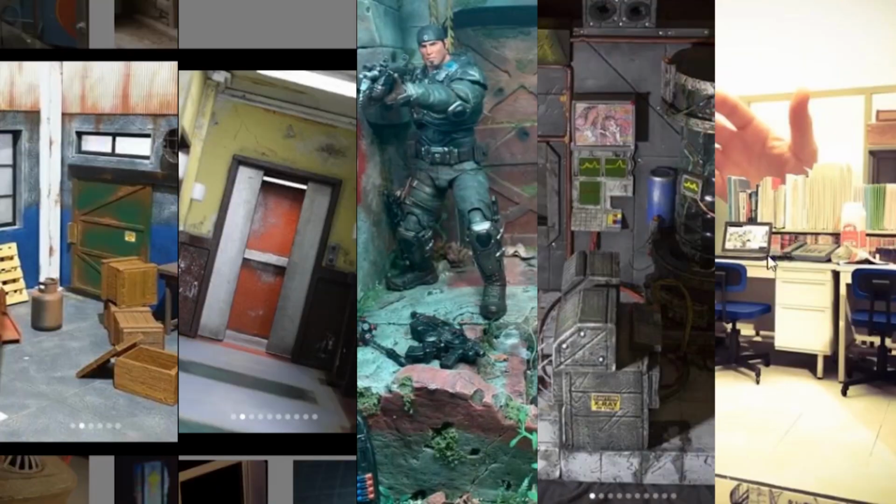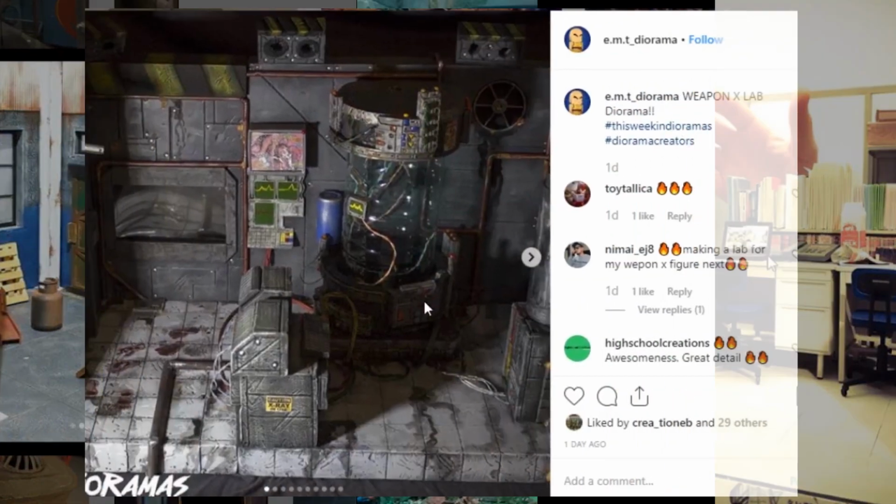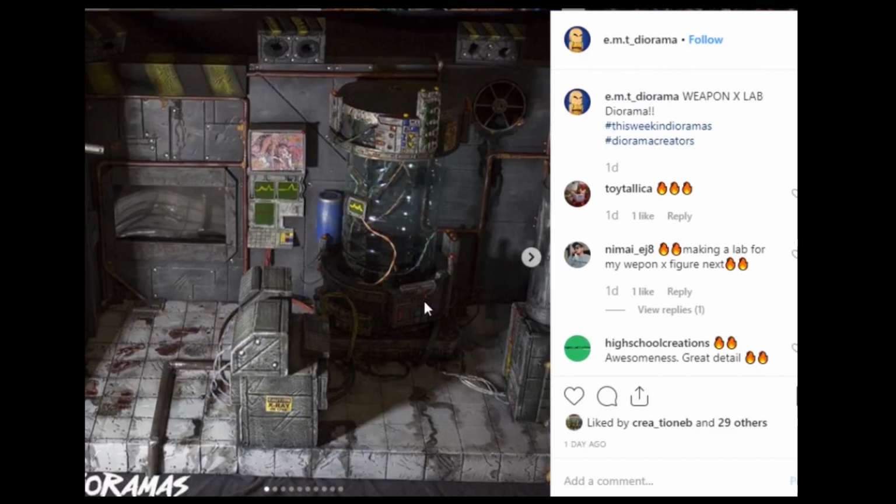All of these were so cool, but there could only be one winner, and the winner is the Weapon X Lab by EMT Diorama, and this will put him into the Grand Champion vote at the end of the year